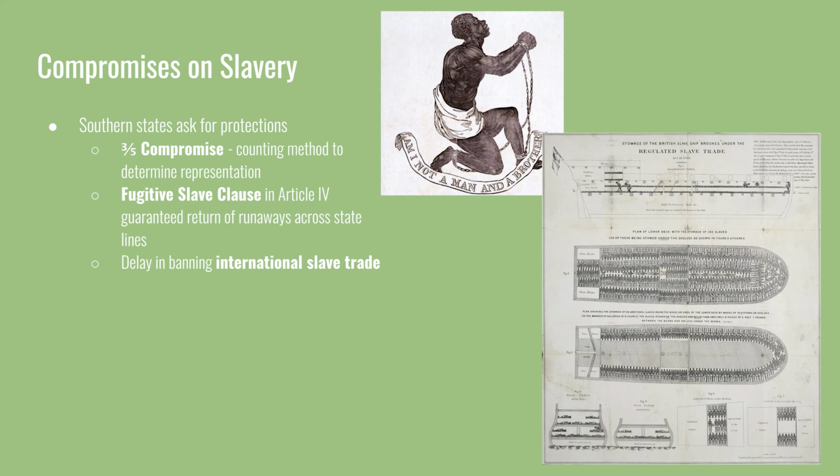Now, these compromises, as dehumanizing as they are, were necessary for the Southern states to agree upon the new Constitution. If these compromises were not there, it's unlikely that the Southern states would have gone along with the new Constitution, and they would have to revert back to the Articles of Confederation. We don't know exactly what it would have been like if they had not been put in place, but they certainly will have an impact for the next 70 years. And we continue to see the reverberations of these impacts in today's society.